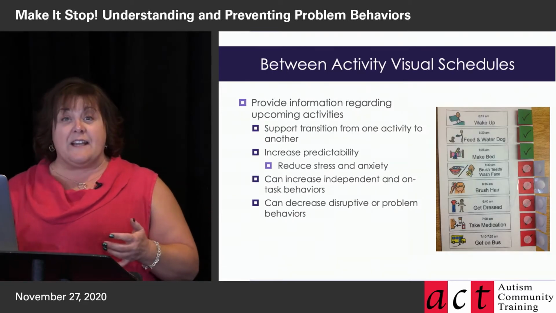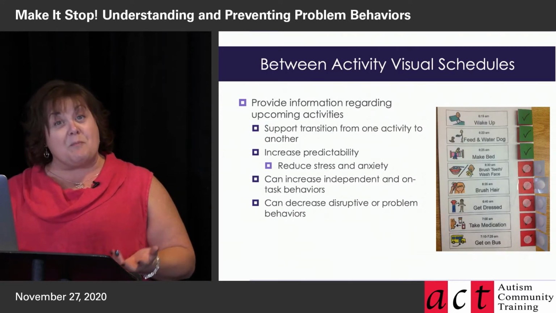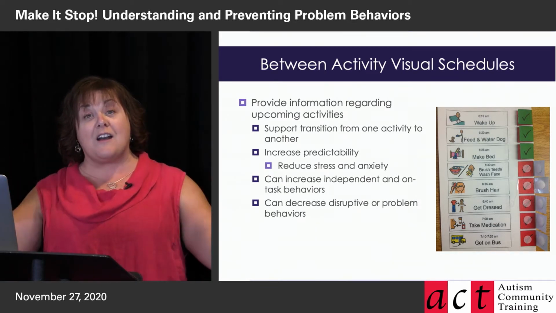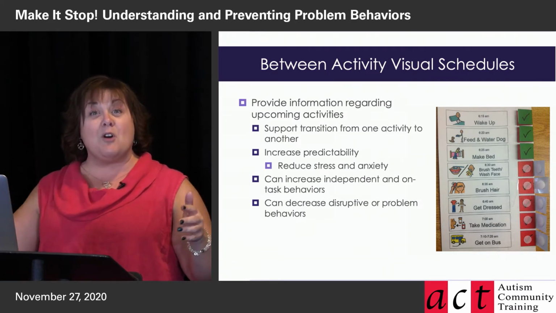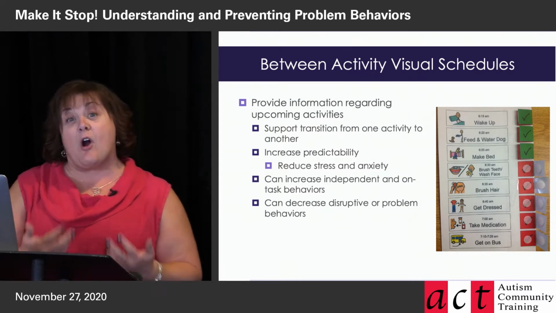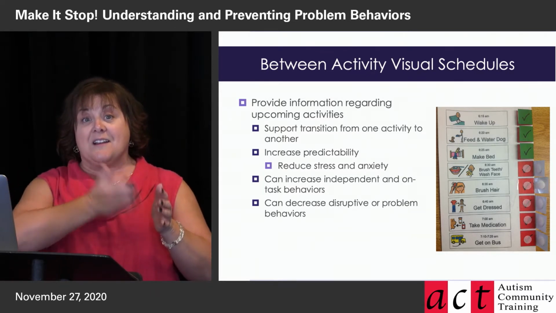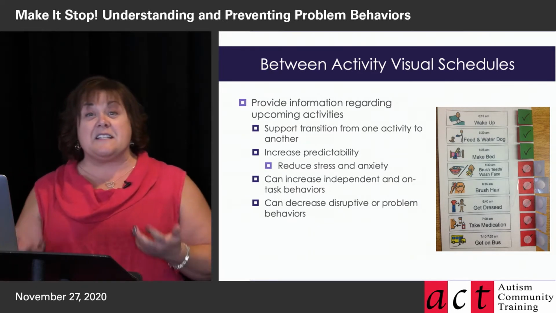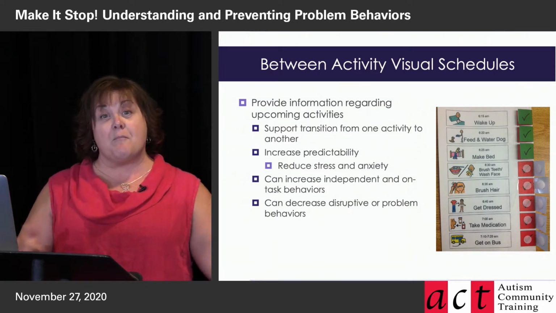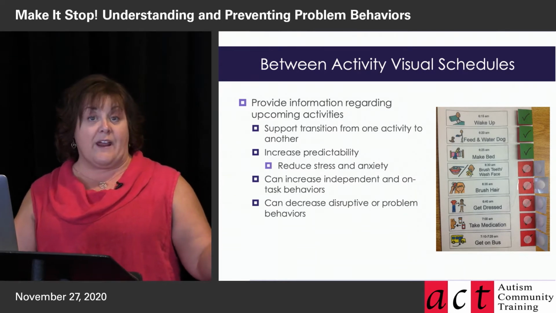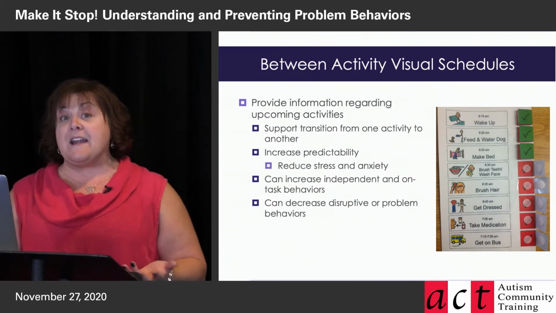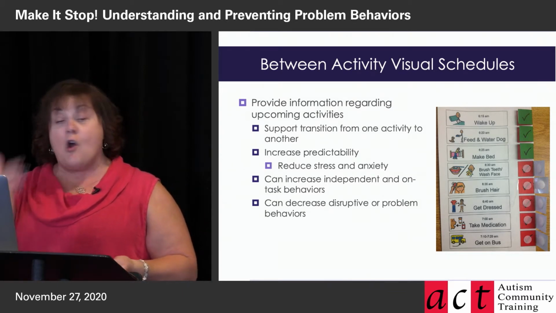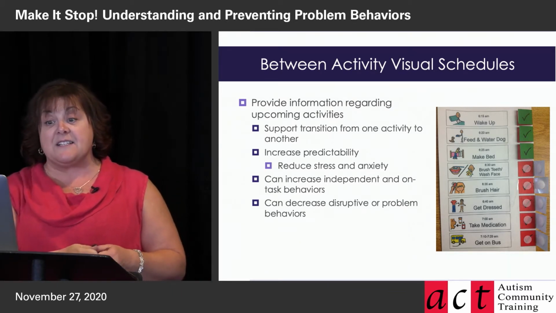First kind of schedule is the kind of one that you probably think of most often when you think about schedule, that across the day, across multiple activities kind of schedule. And we call that a between activity schedule because it helps individuals move between activities. So this is the kind of schedule that shows somebody, from morning to night, what are you doing? First, second, third. We might include clocks in there to show what time activities occur, or we might just have a list of the activities, okay?